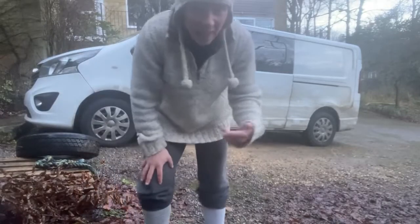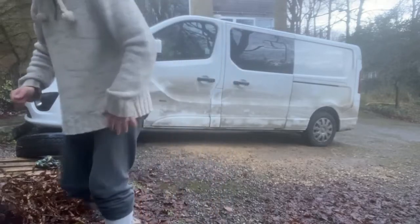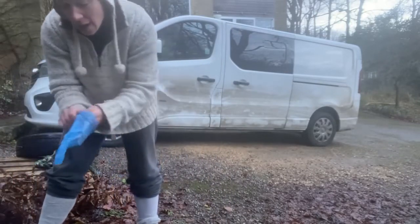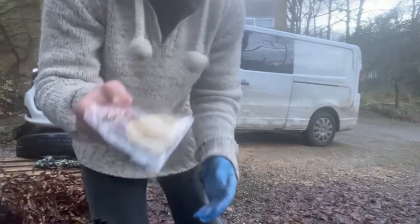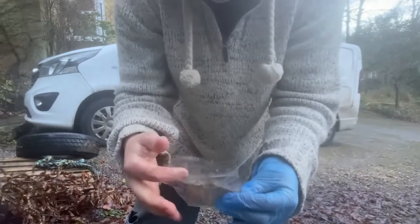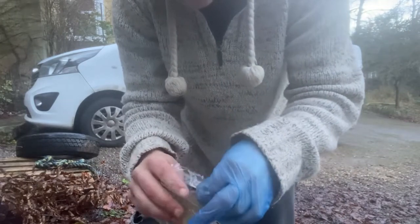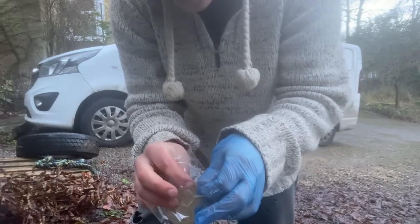So that's just really going to help as a little intermediate step between going for the search. Now I've got another little thing that I'm a little bit excited about. I ordered myself for like £2, I think, these teeny tiny little envelopes. So I've put my glove on so that my hand, this is a fresh glove that hasn't got the scent of cloves on it. I'm going to get my article out,